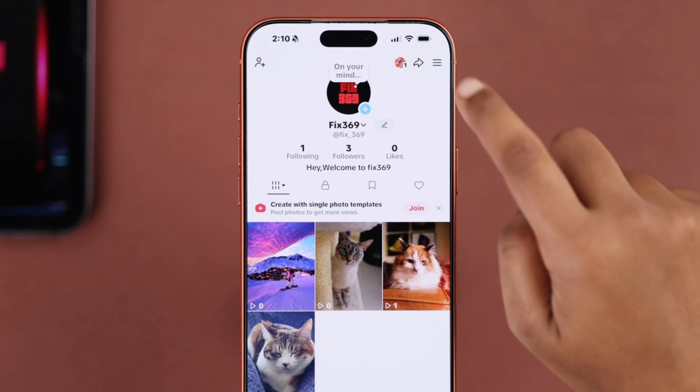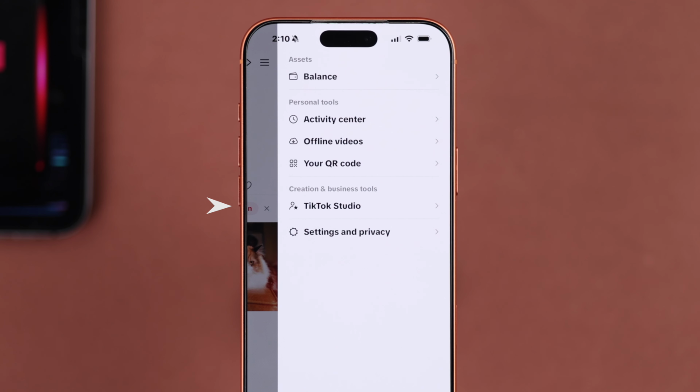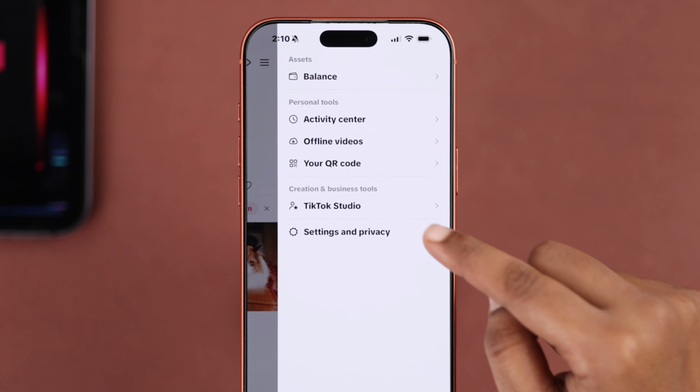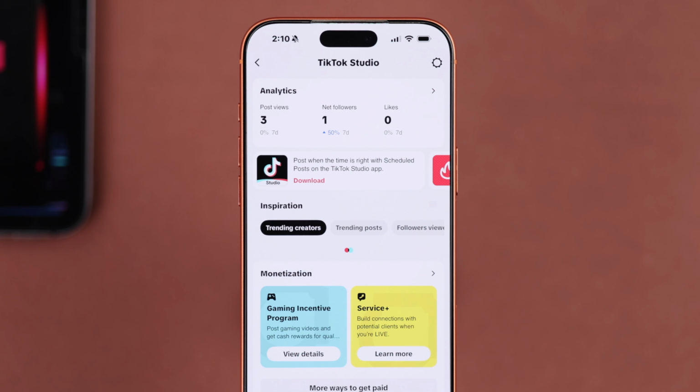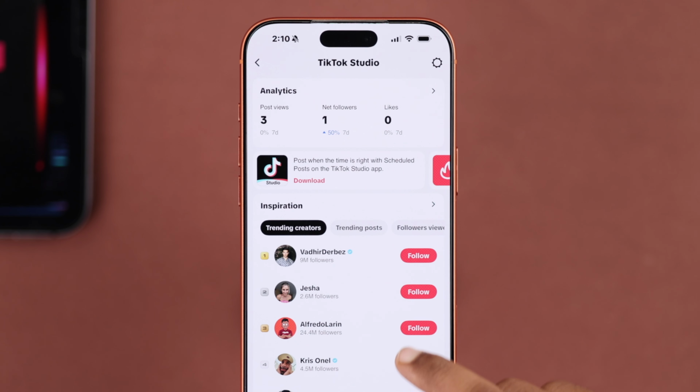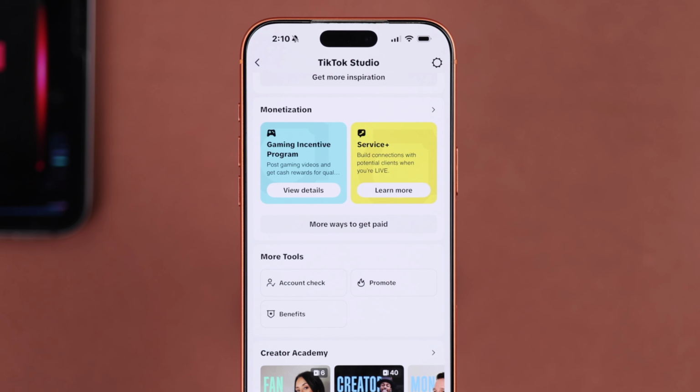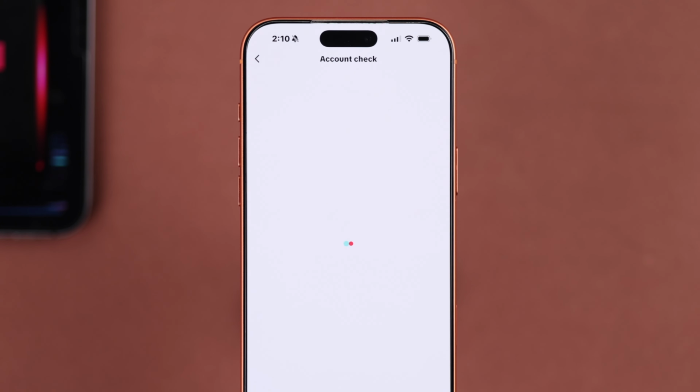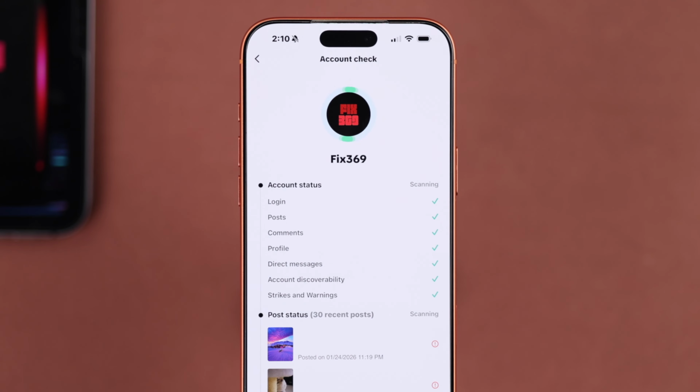Now tap on the hamburger menu in the top right corner, and from here go to TikTok Studio or Business Suite, depending on what you see. So next go to Account Status, and when you open this section, TikTok will automatically recheck all the videos you